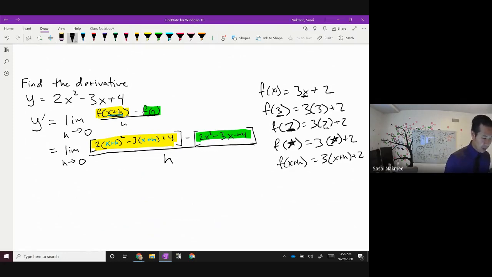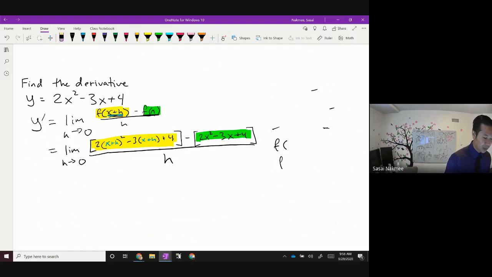That's just some random function. I just made that up. I was just using that to help me illustrate how I'm plugging in this x plus h over here. So I was just making up a function, let's call it g of x instead this time. So if I had a function g of x equal to x squared,